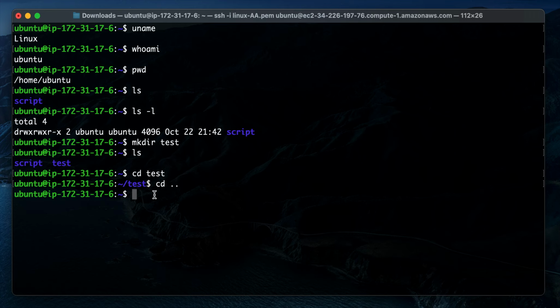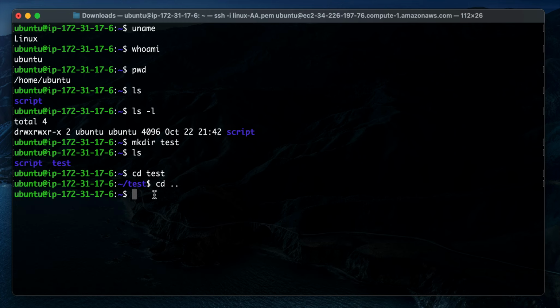Now the next command I would want to talk about is the command to create files in a directory. There are a couple of commands that allow you to create files in a directory, which is the touch command, the nano command, and the vim command. These commands can be used based on the scenario you are facing. But for this example, I only want to create a file in the test directory, so I would be using